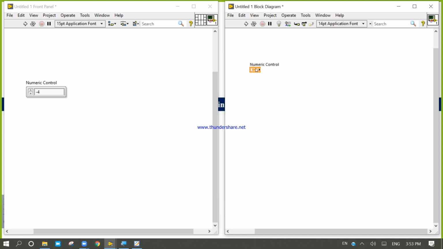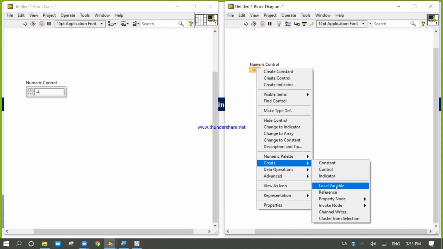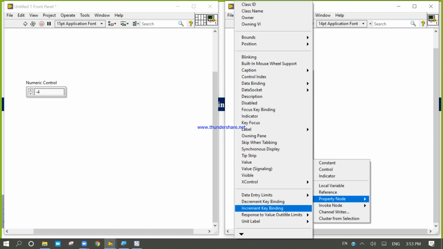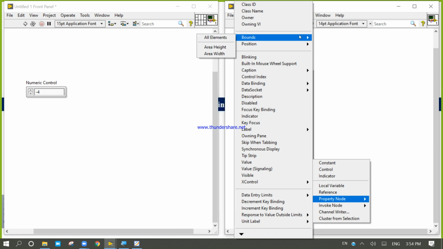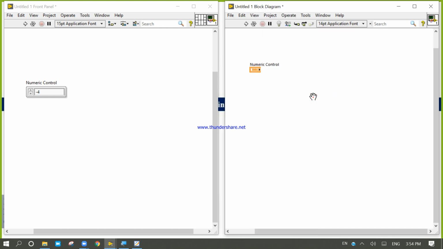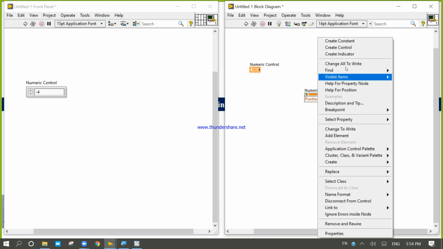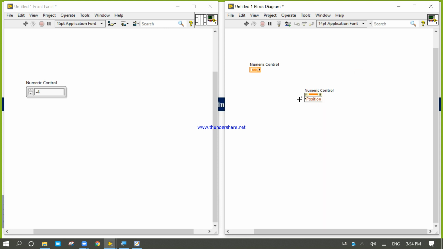Now right click, come to the properties, and in the property node labels, unit label, here the font position. Come to the position, right click here into the position and change all to write.